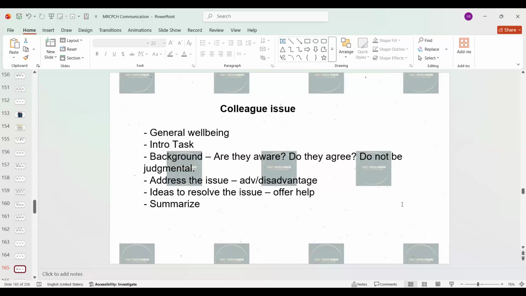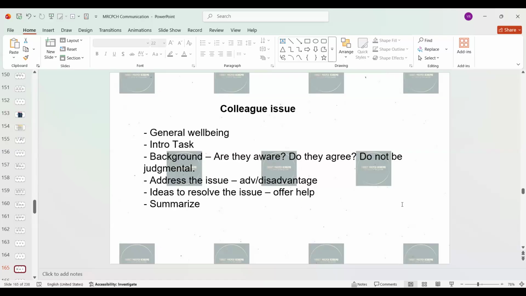You start with the general well-being. Should we talk this over a cup of coffee? That is the way it happens in the UK. Because you're taking a UK exam, you might be expected to have that kind of rapport with the colleague or the patient. So always start by asking about general well-being and then introduce the task.